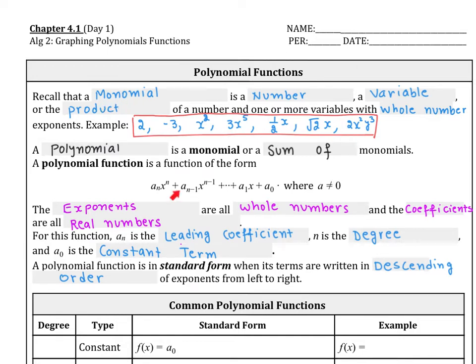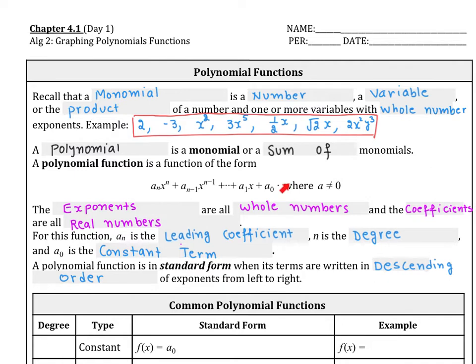If you introduce a plus or minus sign between these monomials, that becomes a polynomial. So a polynomial is a monomial or a sum of monomials. A polynomial function is a function of this form. You start with the highest degree and then the degree goes down by 1. So for example, you have a to the 5, then 4, and 3, and 2, and 1